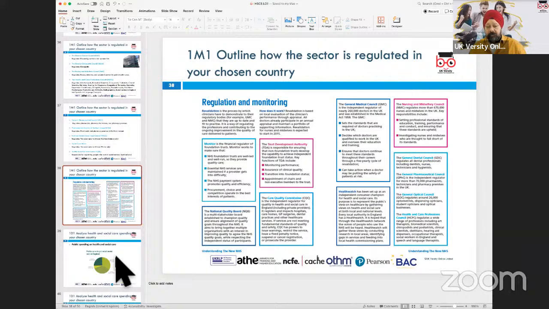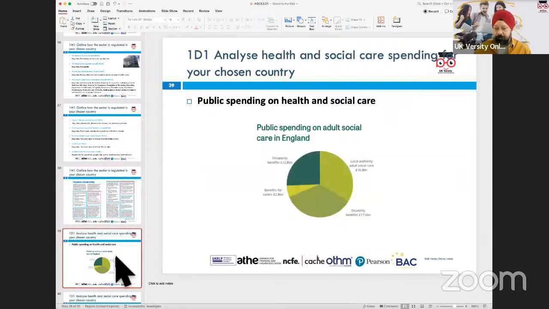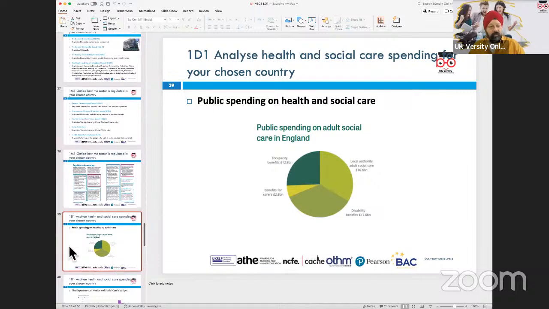Now, in terms of legislations, there are lots of them. And we covered the Health and Social Care Act, the Care Act of 2014, the Mental Health Care Act, the Children's Act, and those could also be brought across in this particular criteria. Now, the last one, which is the distinction criteria, talks about analyzing the health and social care spending for a